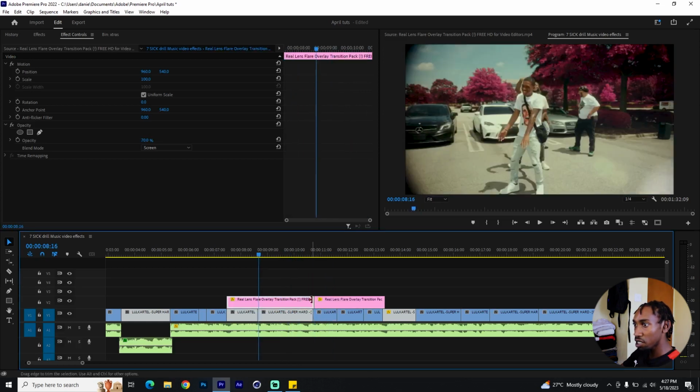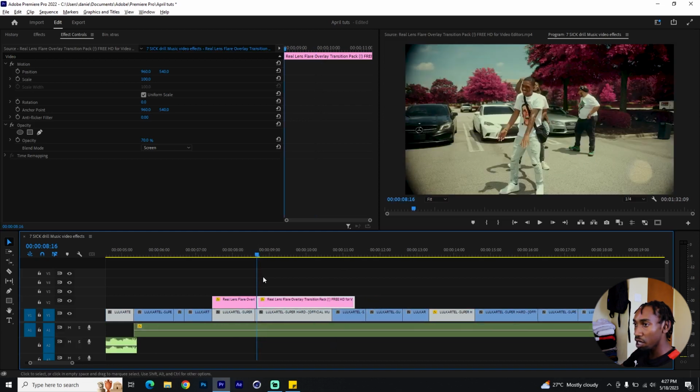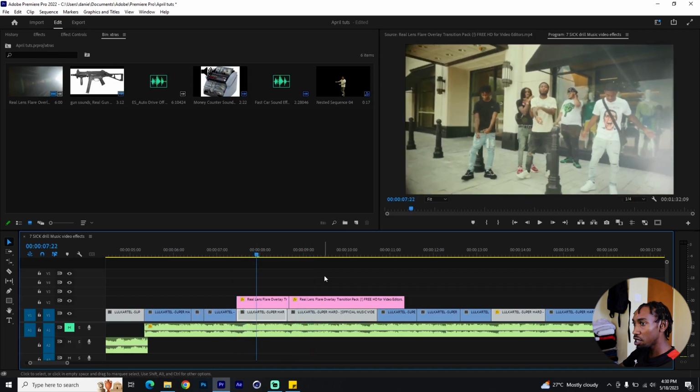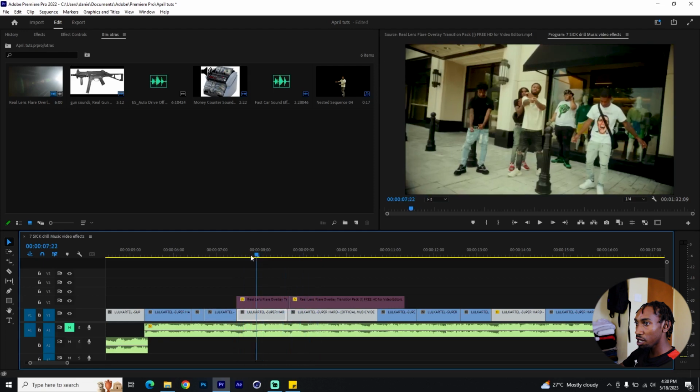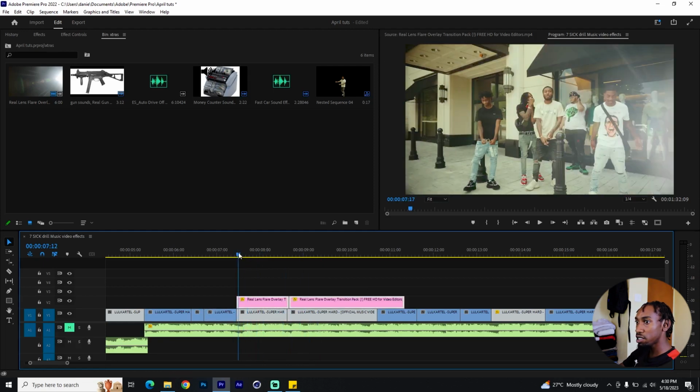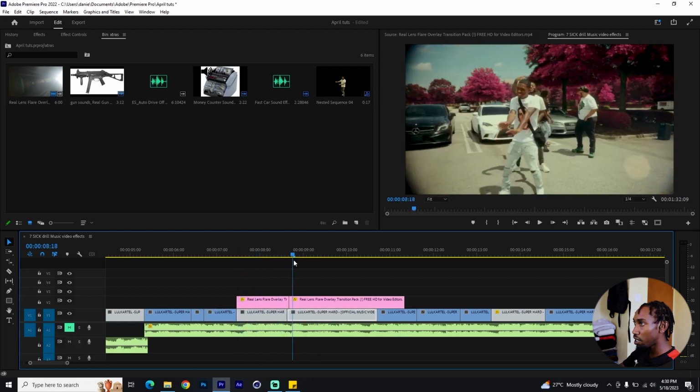Okay, this scene needs the lens flare, it cuts right here, so I'll make a cut. Since this one ended right here, I'll bring the second part of the lens flare overlay here. You can already see without the lens flare. Okay, and then once we enable the lens flares, you can see the layer of depth and interest